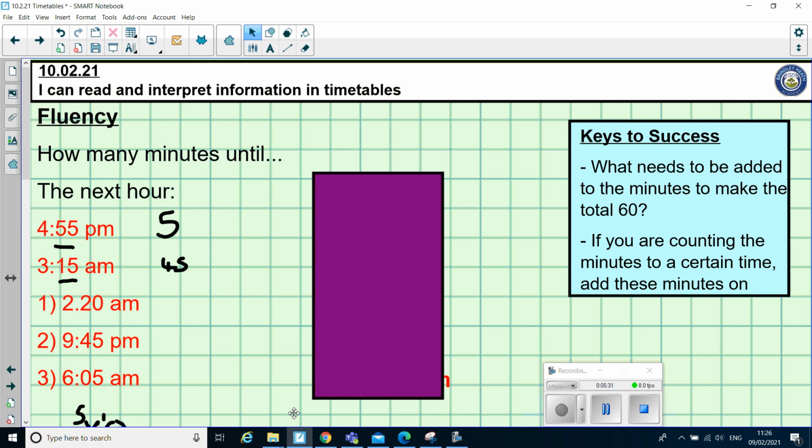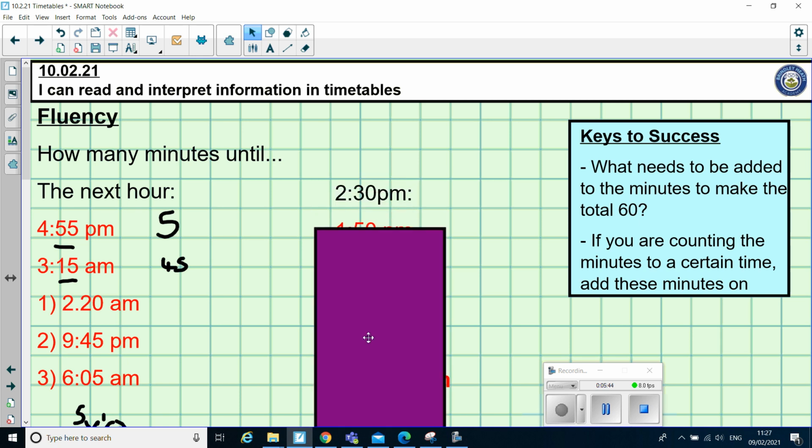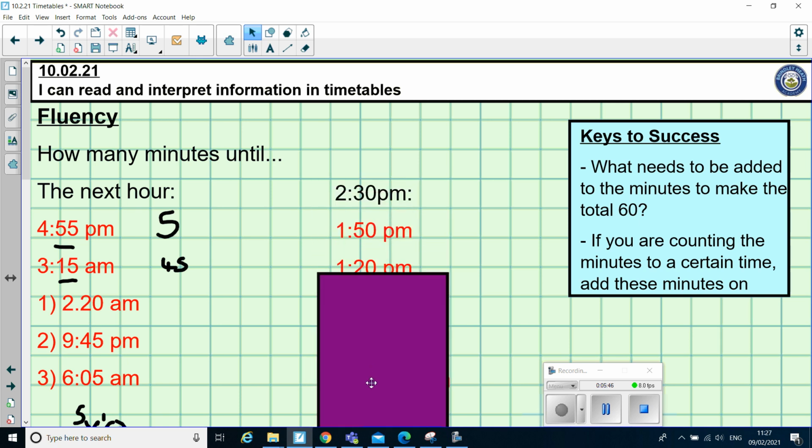Okay. Number 1 then, it was 40 minutes until the next hour. Number 2 was 15 minutes until the next hour. And number 3 was 55 minutes until the next hour. Okay, what we're going to look at now then is sometimes the question doesn't ask us how many minutes until